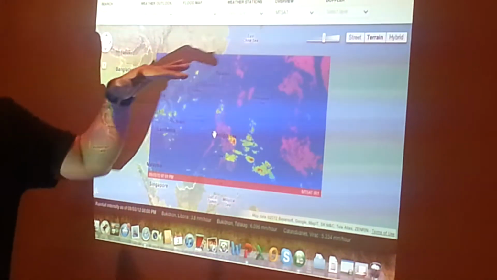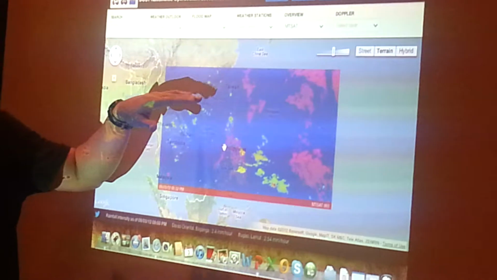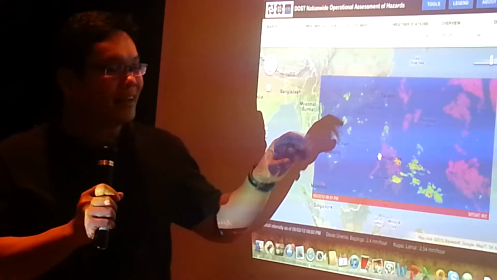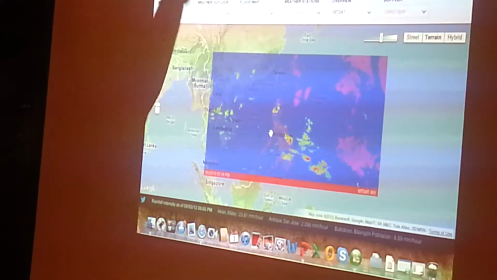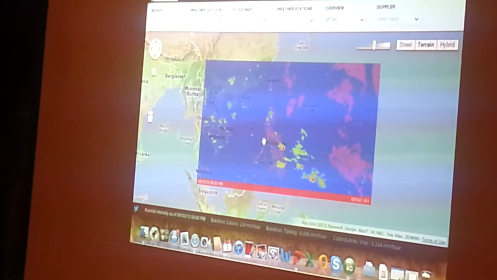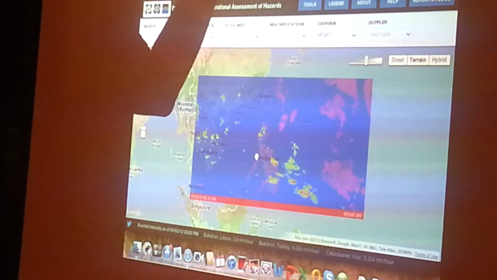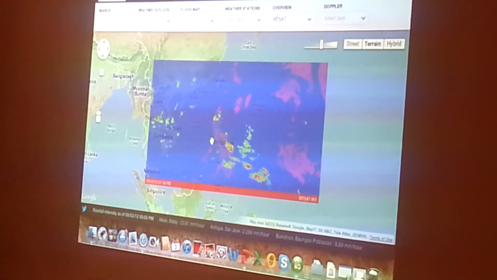Sometimes you will see, ano ba tawag doon? Static. Some noise. That's because the receiving station is from Pag-asa, and it gets bungled up by the transmitters of Channel 2 and Channel 7. So, blame them, not us, for the noise in the satellite image. Whenever you see something like noise. The data comes from a satellite, no?